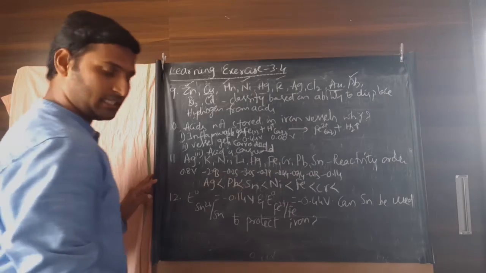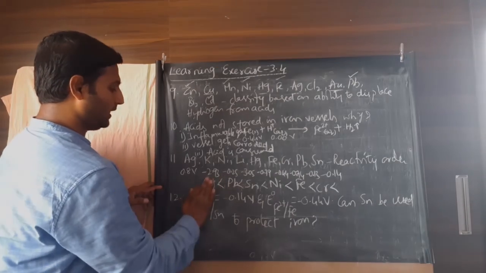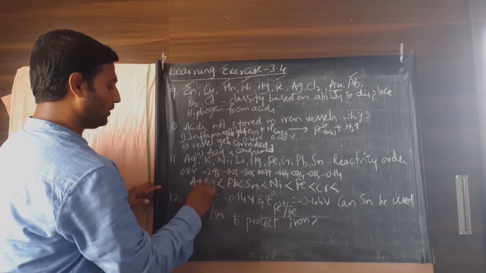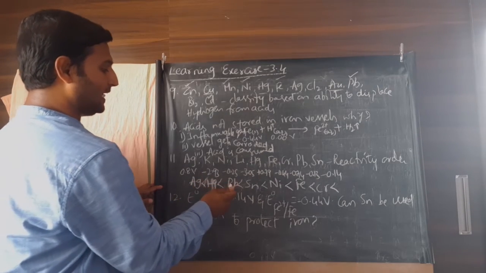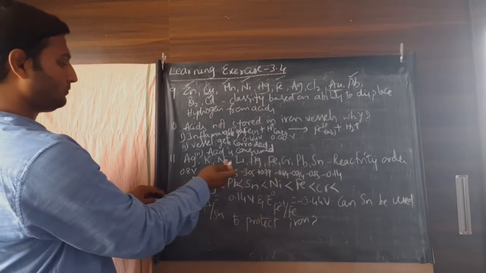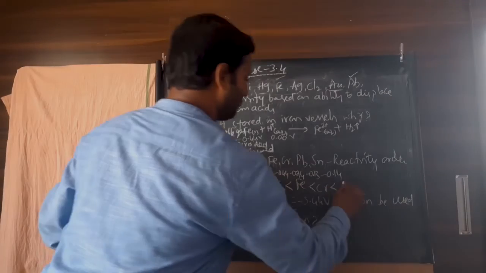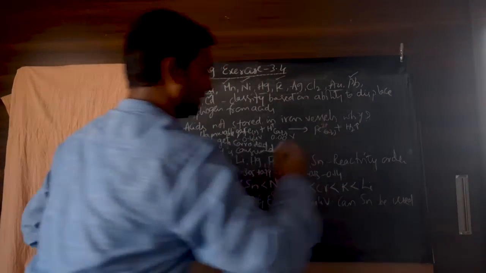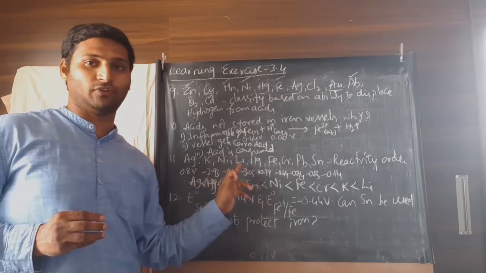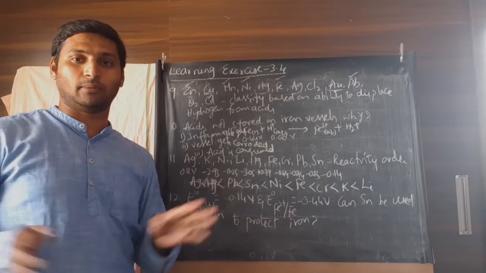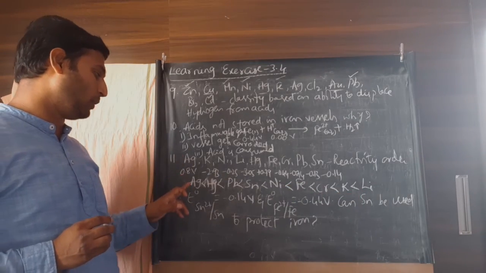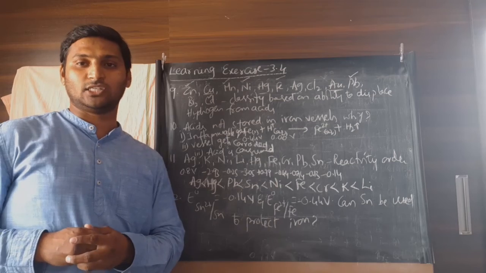I'm sorry, I have missed out mercury in the beginning. Mercury is plus 0.79. So silver, after silver you have got mercury, then lead, tin, nickel, iron, chromium, then you have got potassium, then you have got lithium. So the one with the lowest potential, minus 3.05, of course, that is the lowest potential ever among all the substances, and that is lithium. The one with highest potential, silver with 0.8 volts, is least reactive.